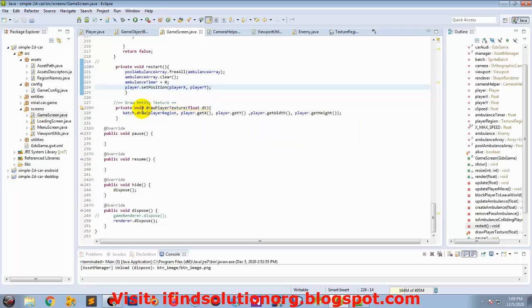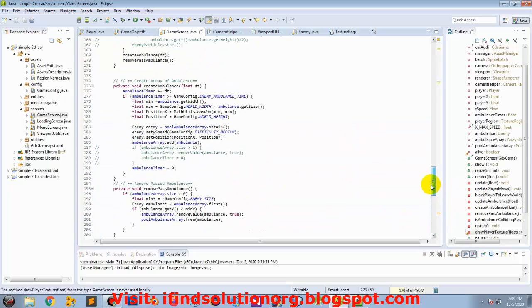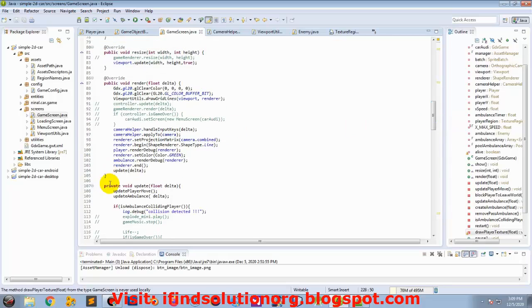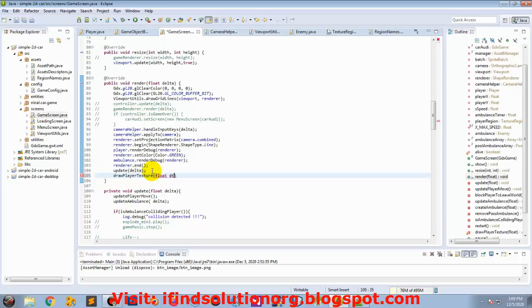Now we need to call this method in our renderer. So now let me just call this method into our renderer. In our renderer we need to call it, so you can just put it here, but with parameter delta. So now if we try to run,